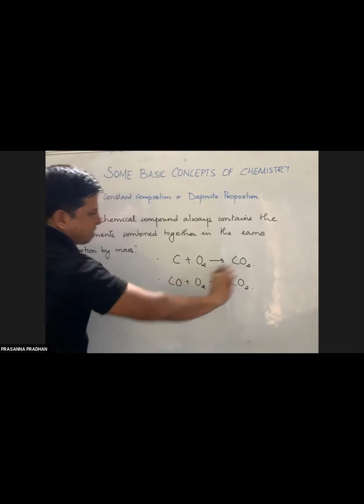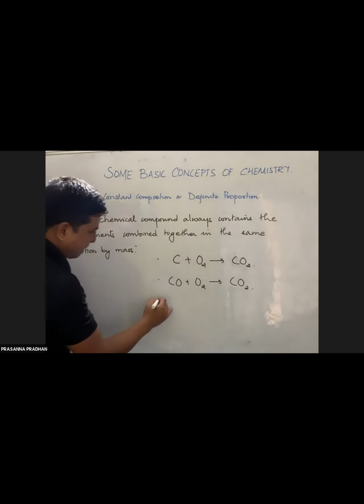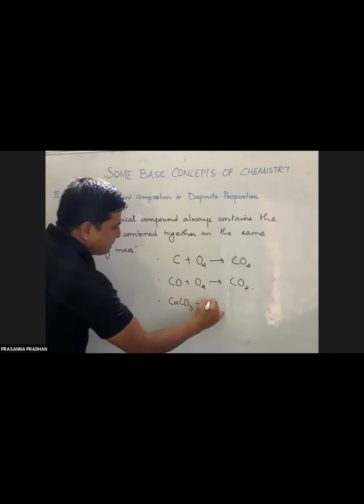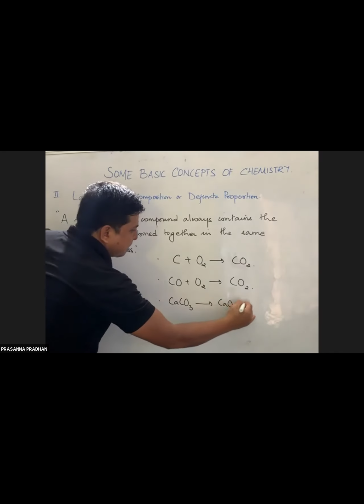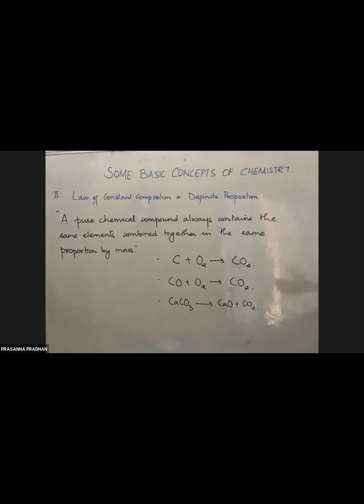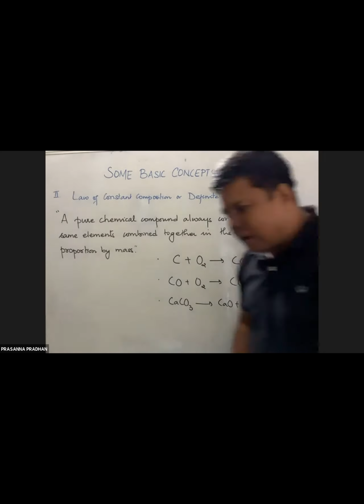I have not balanced it. Yes. Again, sir, adding acid with metal carbonates. Decomposition of carbonates. Excellent. If you heat it, we get quicklime and carbon dioxide. There are many methods of preparation of carbon dioxide. Adding acid with metal carbonates, yes, obviously, HCl with metal carbonates. Excellent. So there are innumerable methods of preparation of carbon dioxide. But irrespective of the nature of the source, a pure chemical compound such as carbon dioxide